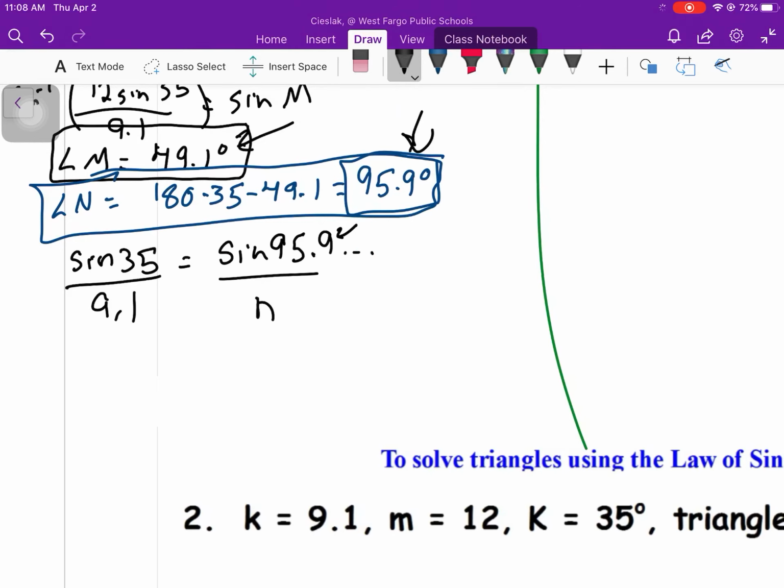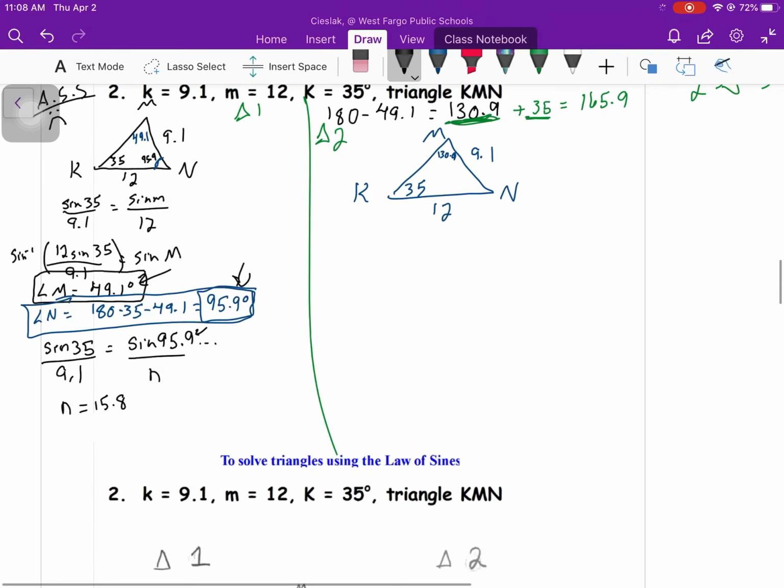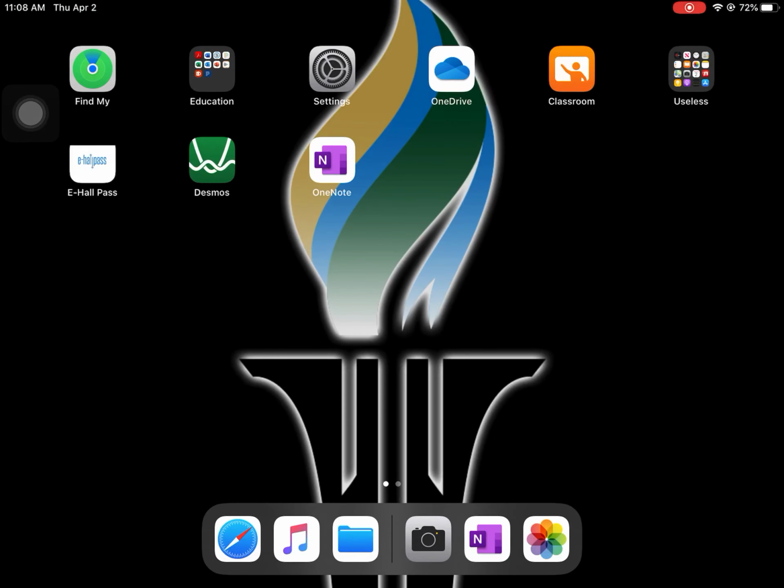If I solve this equation, you guys have done this in the first section, and we did it a couple times today, I'm going to skip those steps. I'm going to call this n is equal to 15.8. Now, just because every year I have people who will do this problem and they'll end up with m's, n's all over the place,